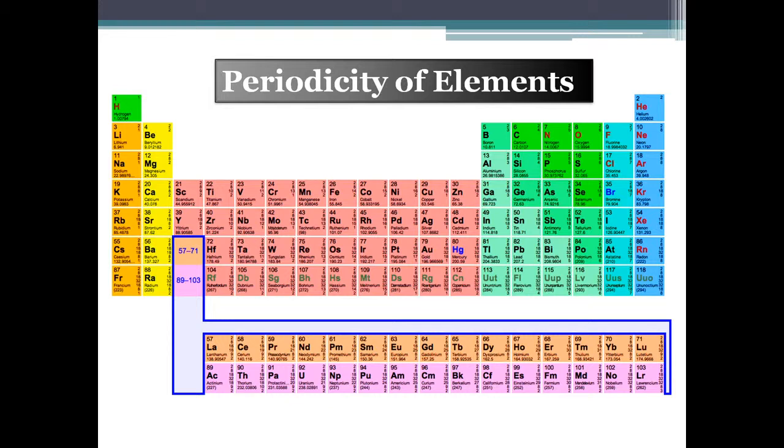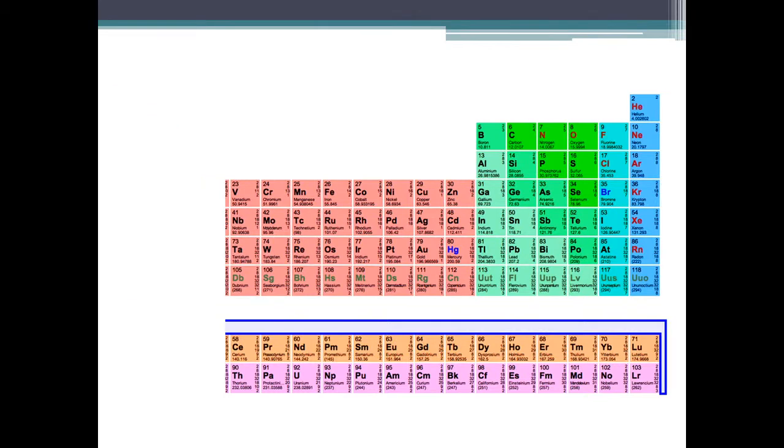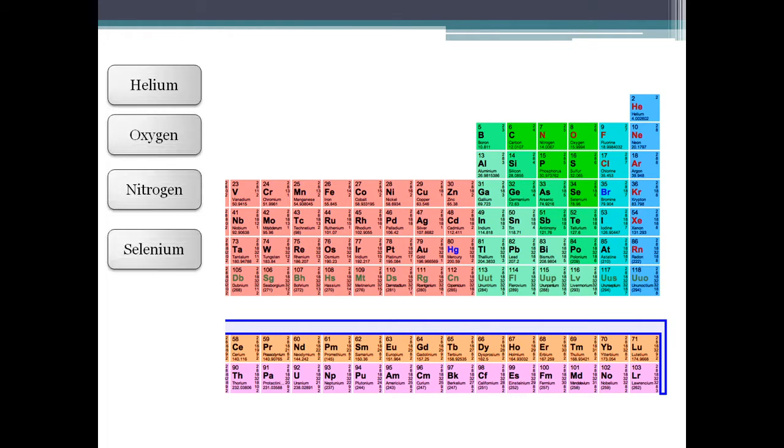This is the periodic table of elements. It contains so many elements like oxygen, hydrogen, copper, nickel. Those are arranged based on their atomic numbers, and they have some atomic weight and properties and everything that we study in chemistry, right? So don't worry even if you don't remember anything. This is not at all useful. Some elements like helium, oxygen, nitrogen, and selenium is also one of the elements from this table, right?